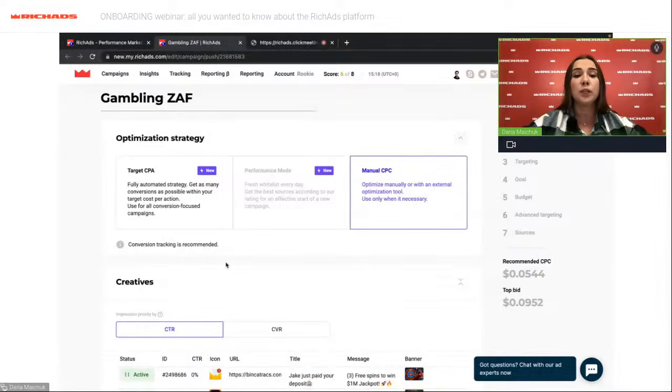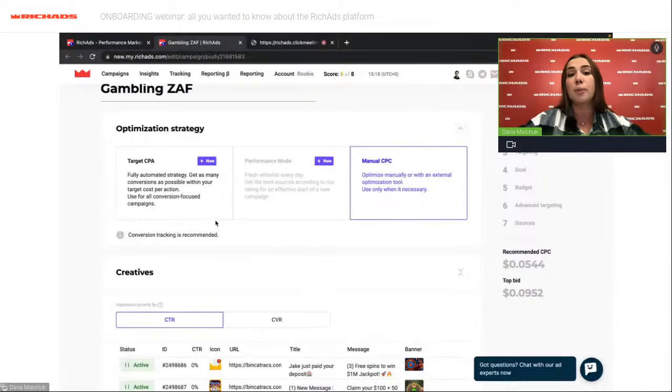For these campaigns, you only need to put your CPA goal and the budgets that will be available for your offer and for this geo. And our system will do all the work for you. Our system will add blacklist and whitelist and will change micro bidding for the subscriber list. It is a really comfortable option and we really recommend testing it. But today I will start with manual CPC, and from my point of view, it is better to start with this optimization strategy. First of all, we need to test the offer, test the geo, and understand how it works. And after that, we can duplicate the campaign for target CPA and have more volumes, more conversions.